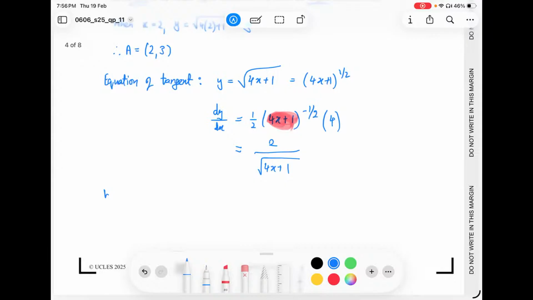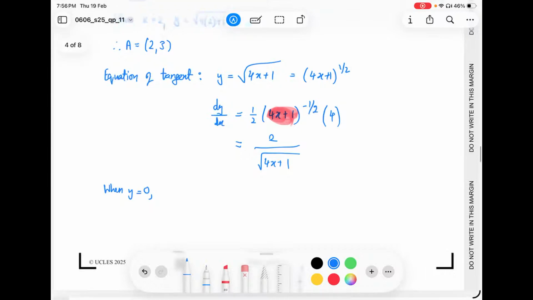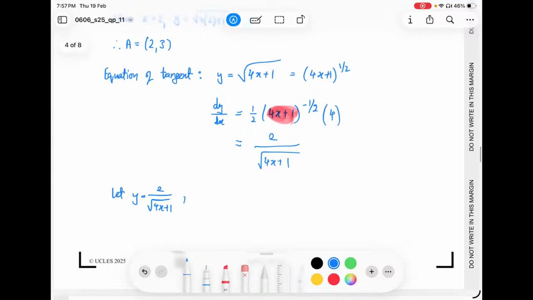So we let y equal 2 over root 4x plus 1, and when y equals 0,